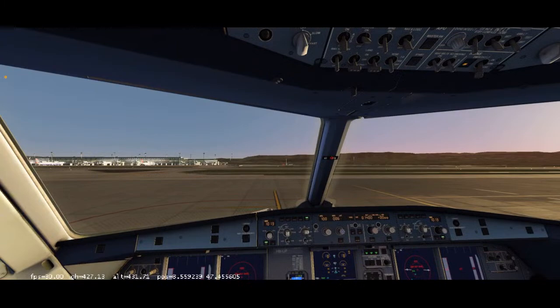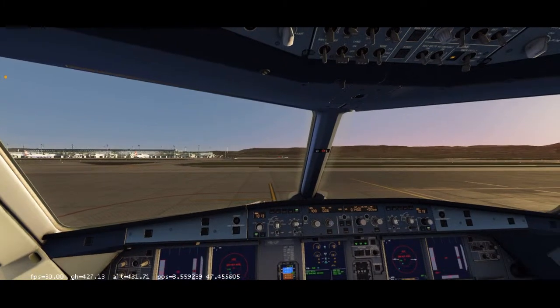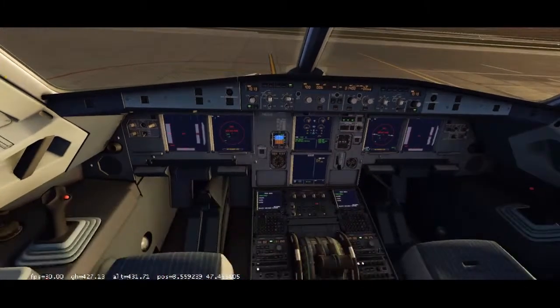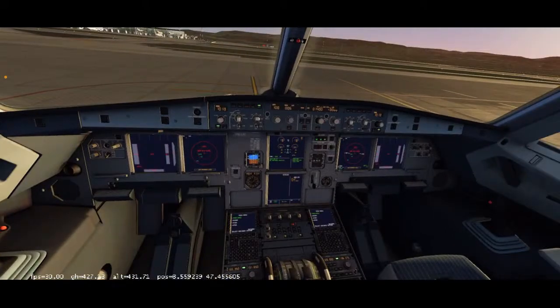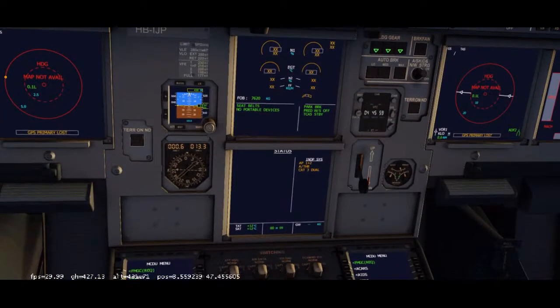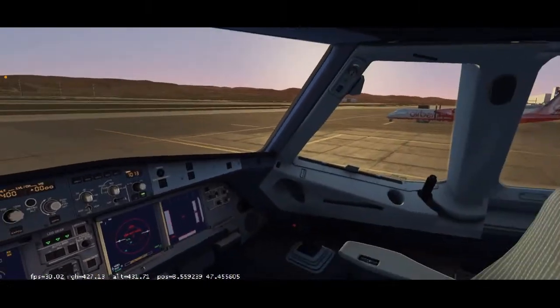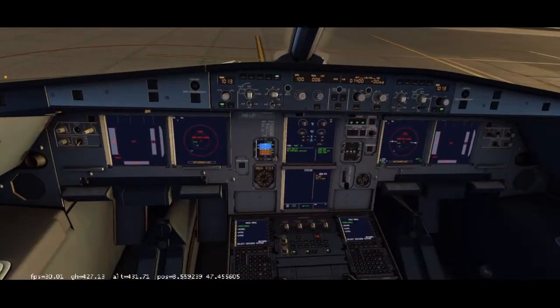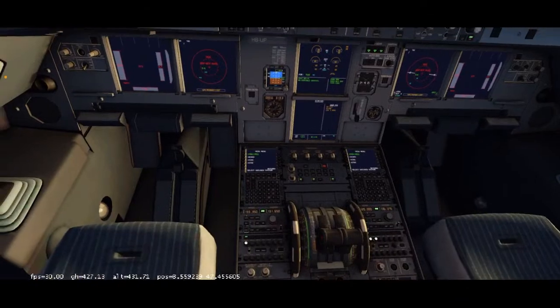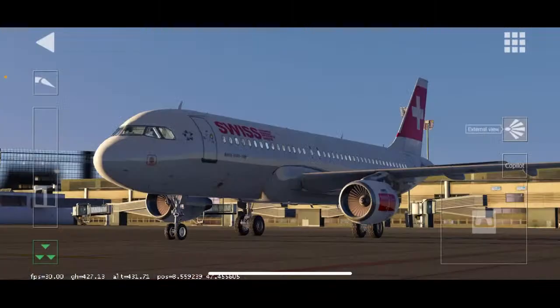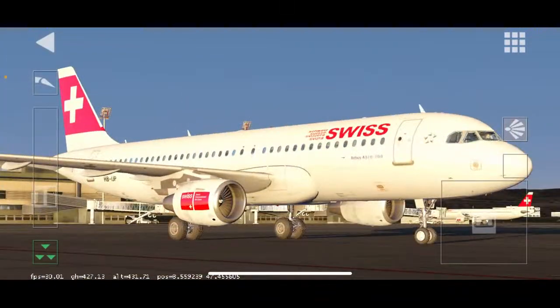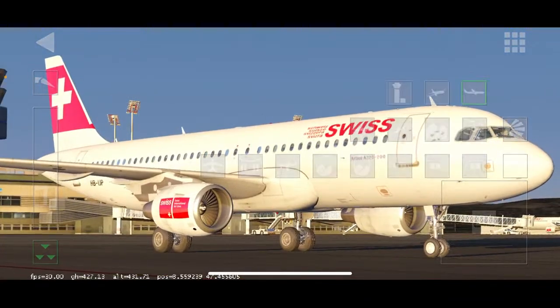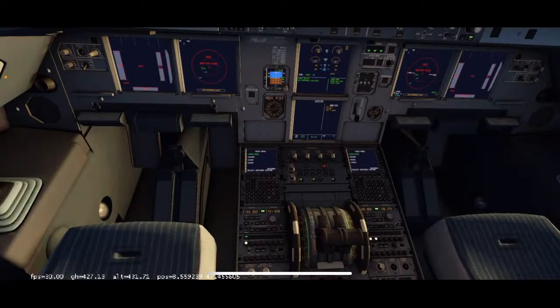So back to our before checklist. You'd make sure that your windows are checked, doors are shut. I actually had in Aerofly, I don't know what happened. I don't know if they randomly inserted emergencies, but as I was about to taxi, my door opened. The cargo door does open. It's on this side, right there. That cargo door does actually work. I don't know how to open it, but it opened.